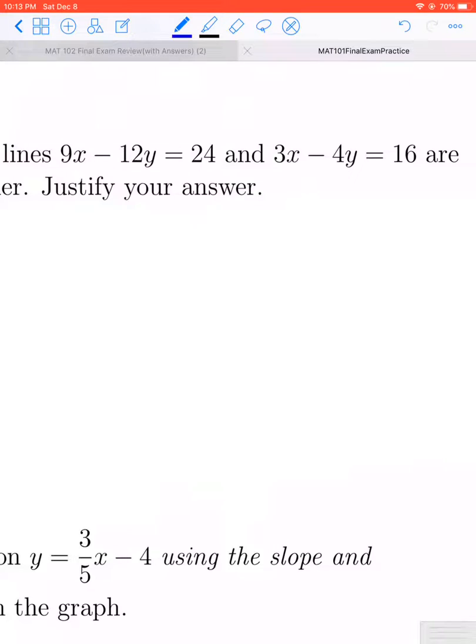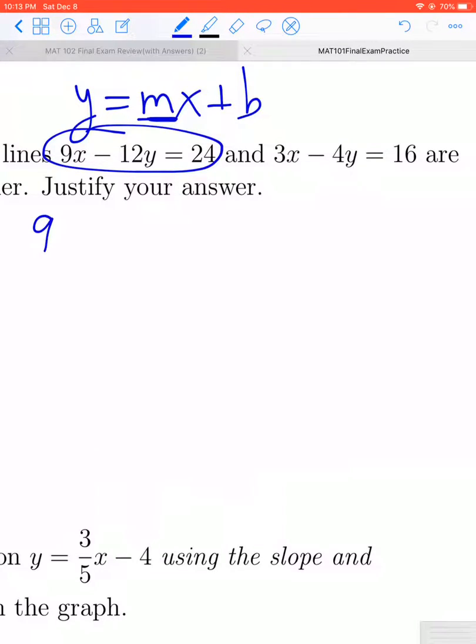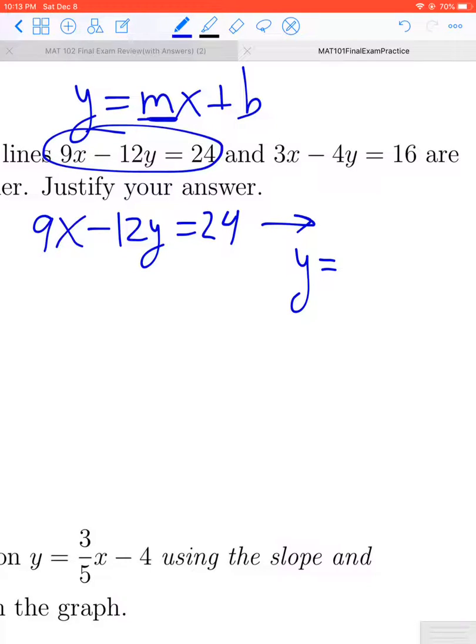To begin, what you would want to do is put each of these lines in slope-intercept form. That's of the form y equals mx plus b. That's kind of a fancy way to state get the y by itself. And then once you do that, the coefficient of the x will tell you the slope. I'm going to skip a little bit of algebra here. But if you take this equation, 9x minus 12y equals 24, and solve this for y, what you would get would be y equals